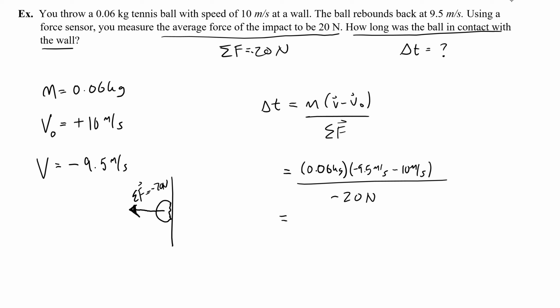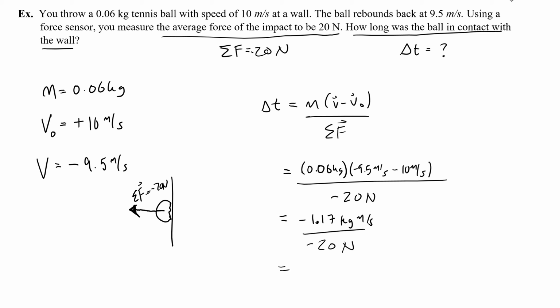So remember, we already calculated 0.06 times negative 9.5 minus 10. That was the change of momentum of negative 1.17 kilogram meters per second. Okay, and then when I divide that by negative 20 newtons,